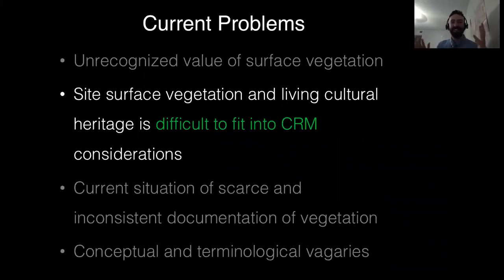Surface vegetation and living cultural heritage can be tricky to fit into cultural resource management. For one, archaeologists are typically not trained as botanists. There's also a philosophical bias that we're subjected to in our society that we don't really think about: this whole idea that there is nature and there is culture, and a dichotomy between the two. That attitude is subconsciously reflected in the writing of our federal and state laws and even federal agency policies. Even taking NHPA, the National Historic Preservation Act, as an example,